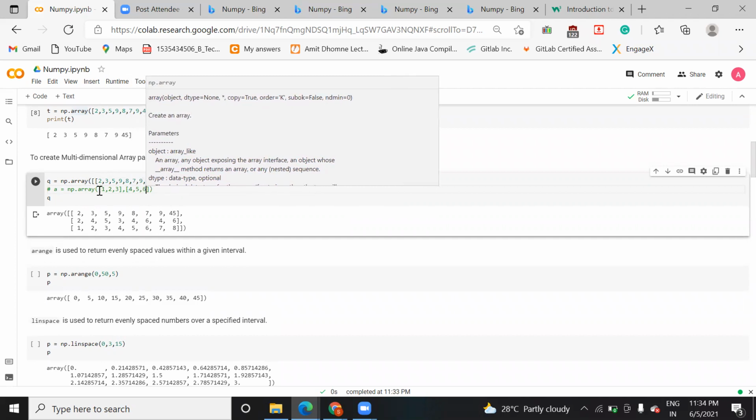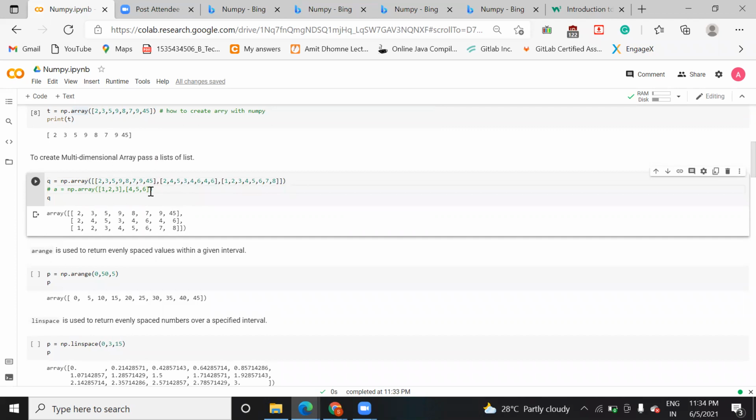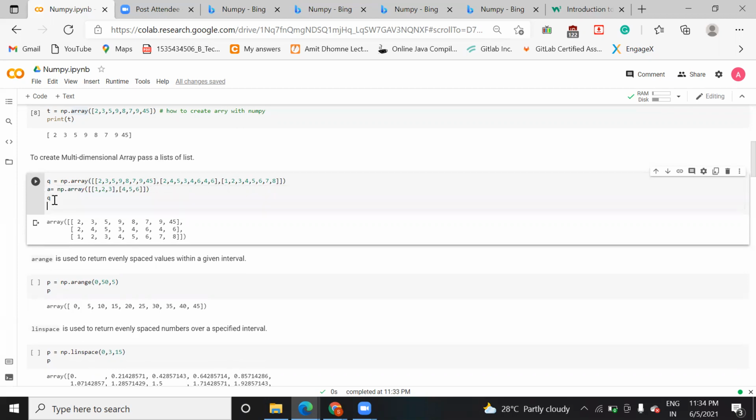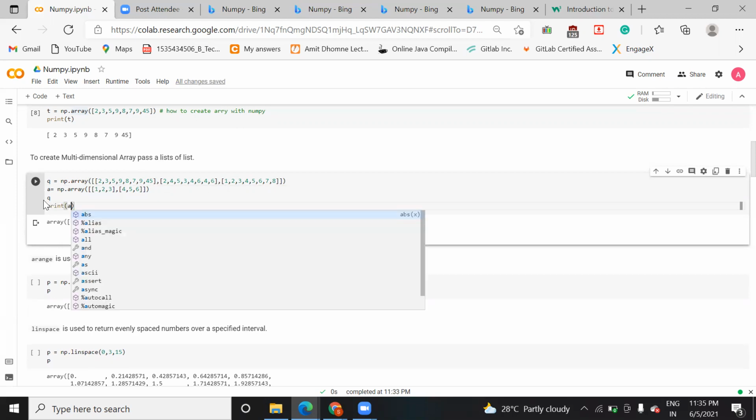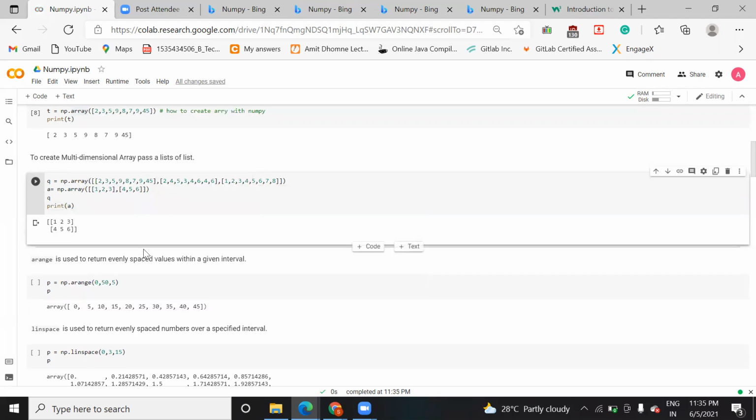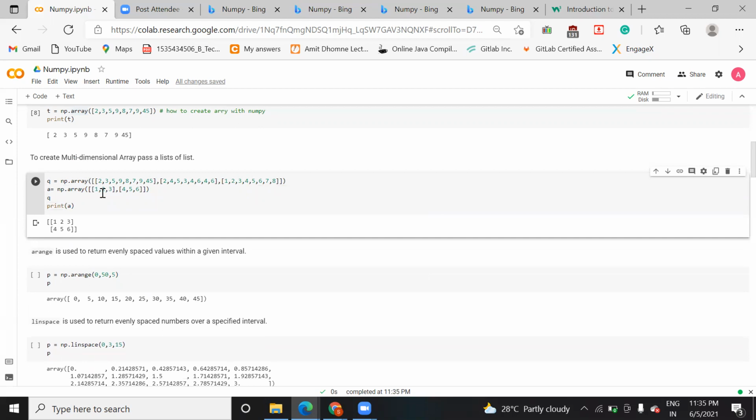Then these two square brackets you close with another square bracket, as you can see I'm doing here. Let's print this. So you see, I have created an array, and when I print it, it is showing. So in this, we have seen how to create a multi-dimension array.